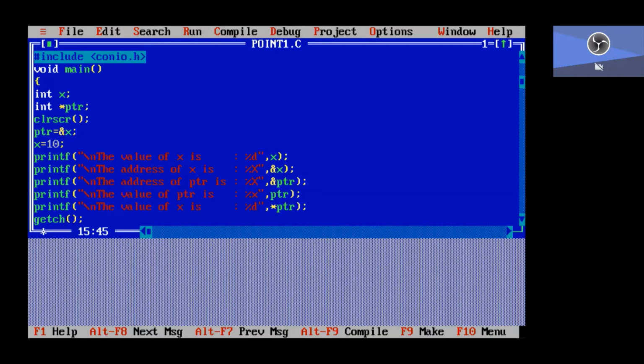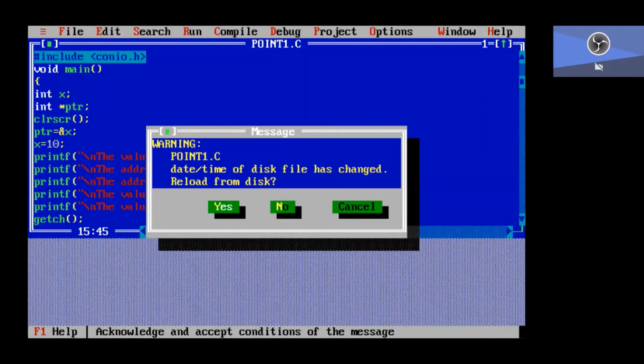I'm not accessing the x value directly by x. Indirectly, I'm accessing the x value by using the pointer variable. So what is the x value? The x value is 10.